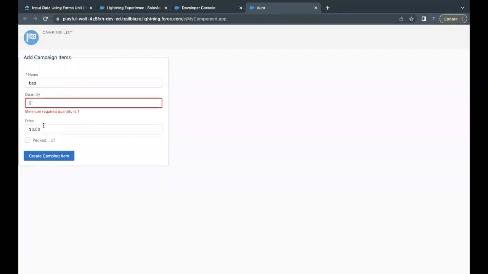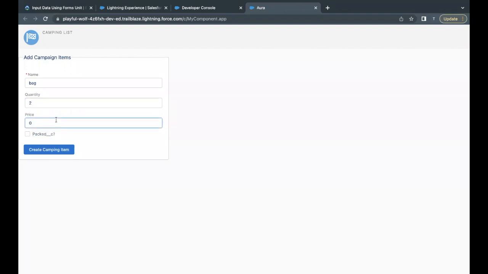Quantity I say 2, and price, let's say it is a 50. So this is a $50 coming up, and I'll say it's packed. Whenever I add these inputs and click on this button, create camping items, after clicking, below this add camping item form, there should be another section coming up where all the inputs that I've provided should be displayed in a consolidated form just below this